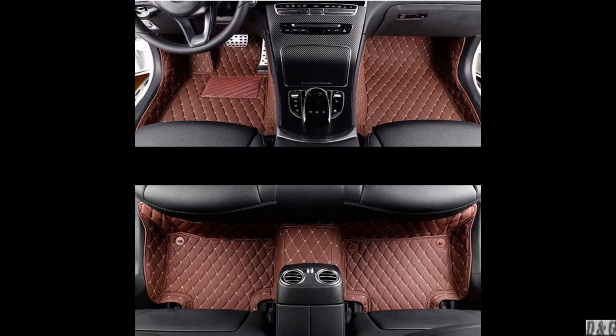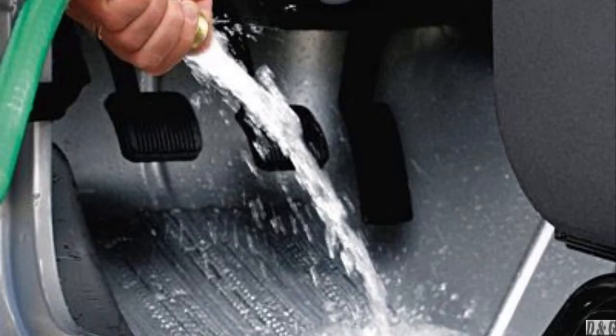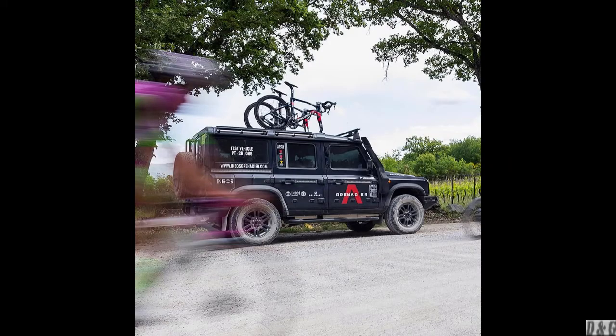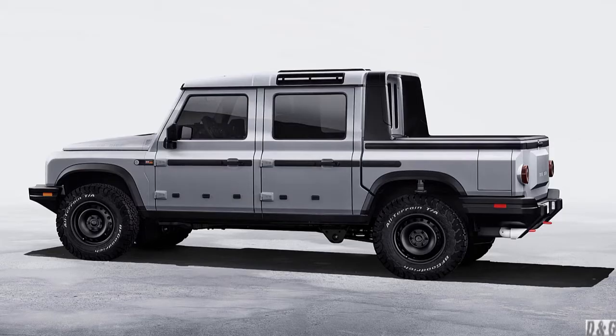And the rubberized floor can be hosed down, with drain plugs to get rid of your filthy runoff, unless you go for the optional carpet. It's splash-proof rather than waterproof, though. "It's a practical, utilitarian vehicle," Ecuyer told us. "But we didn't want to go down the route of thinking that because it's utilitarian it needs to be crap inside." When spec details are confirmed in September, expect some swankier options, but mostly a cloth and plastic approach